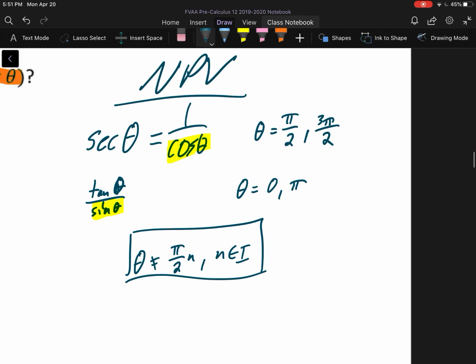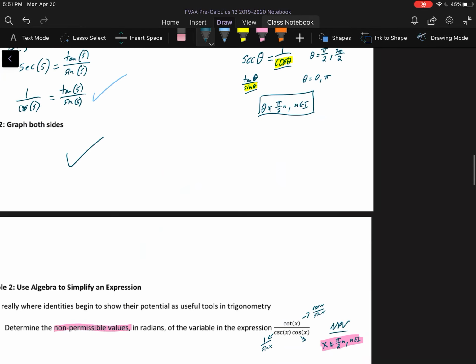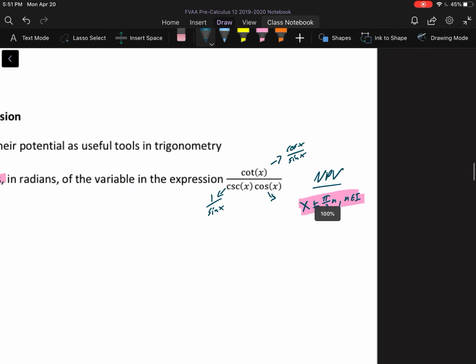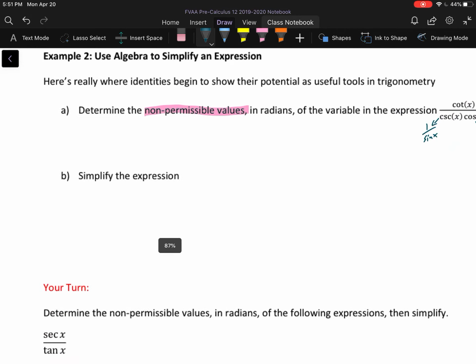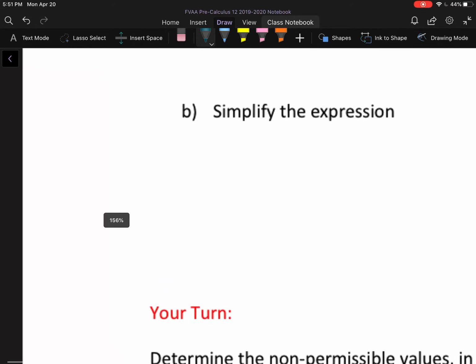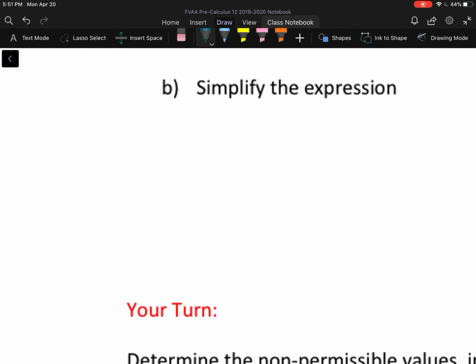Because it's the same two denominators I'm looking at here, cos theta and sine theta, I should get the same restriction. So that's my non-permissible values here, way off on the side. Now let's see if I can simplify this. One of the tricks that you want to use when you're approaching one of these statements that you're looking to simplify using algebraic identities